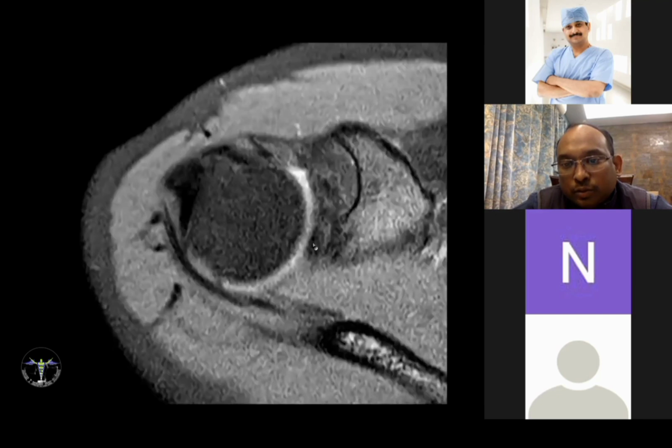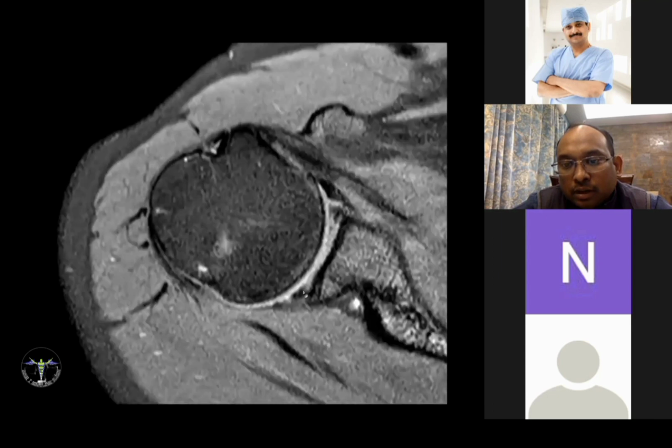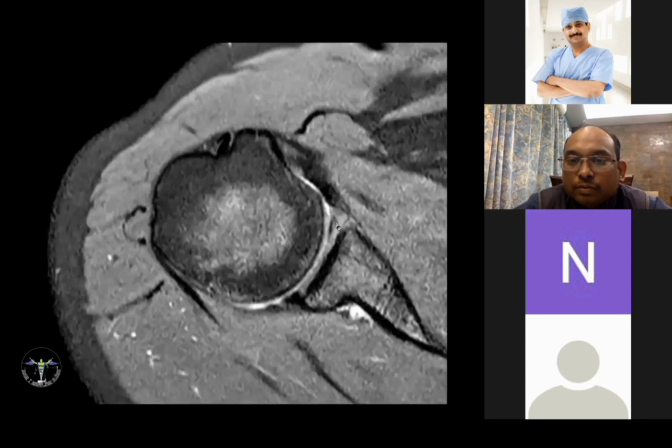Now this is the superior most labrum. As we move inferiorly, this is the anterior labrum, this is the posterior labrum. Here the posterior labrum triangle is preserved. There is some abnormal signal in the anterior labrum. We are moving down to the anterior-inferior aspect, and here there is complete loss of the normal darker triangular signal of the glenoid. As we move more inferiorly, we are able to see that this dark cortex is not seen